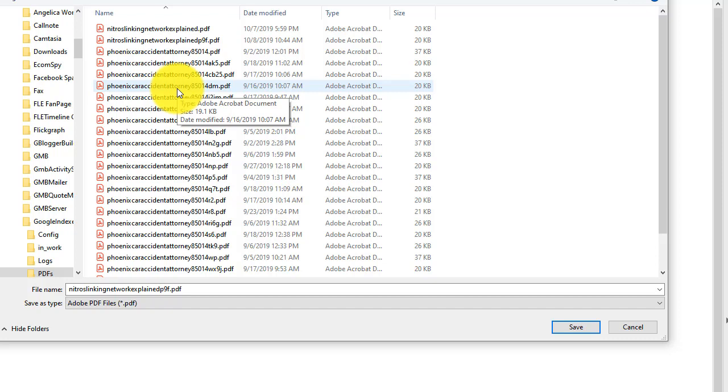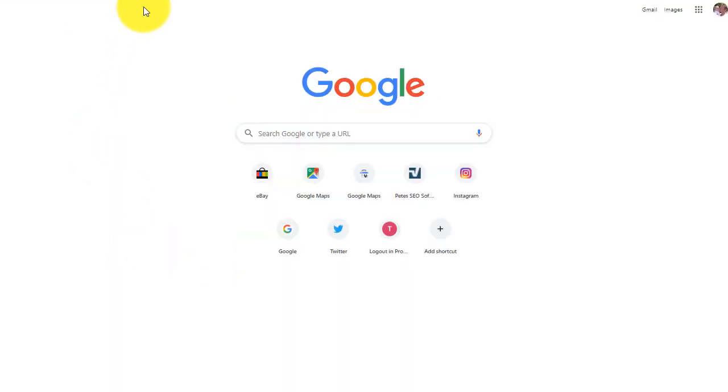What I like to do is upload it to Google Drive. I'll show you how to do that in a sec, and then grab that link once it's made public, and then you put that link in the next project that you do. Too easy. So you go to drive.google.com,